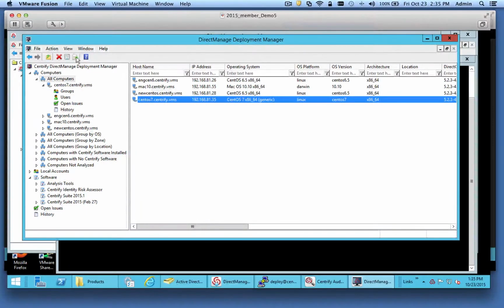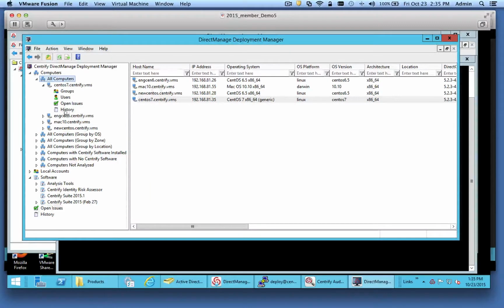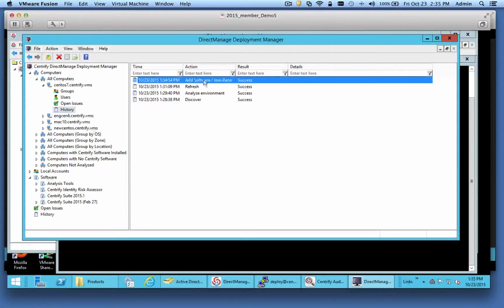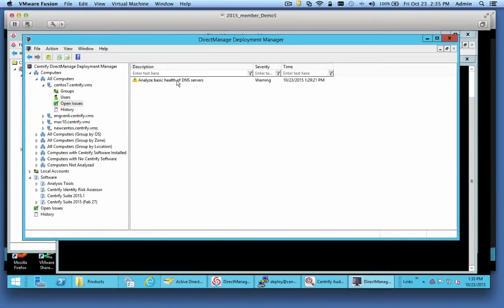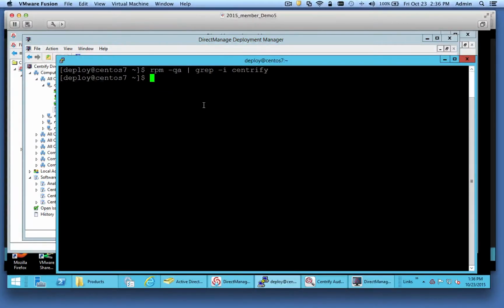Alright, so my deployment has finished. Let me go in here and refresh and look at the history. So add software join zone success, and the open issues is still from before. So I'm still good. So now I'm all good. I had this window open. If I go over there now,